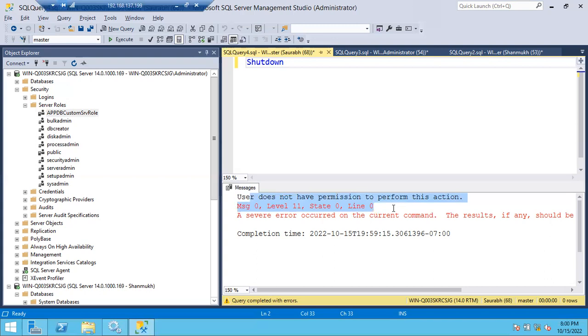Till now we discussed yes, the same point. Yes. Why yes? After sysadmin, that was the important point, right? First priority is sysadmin. As per the sysadmin, he can shut down the SQL server. Right? Now tell me,